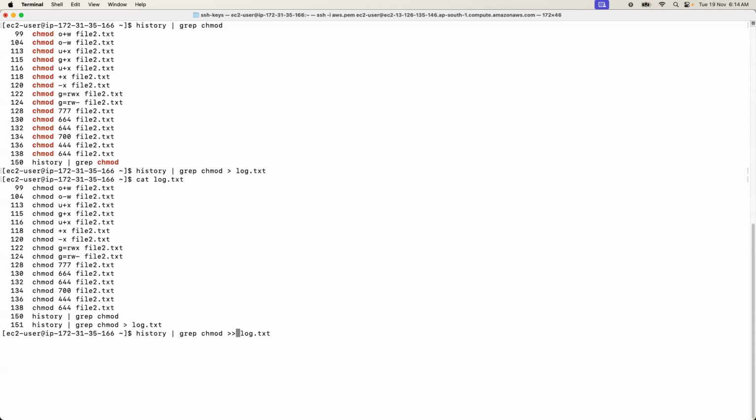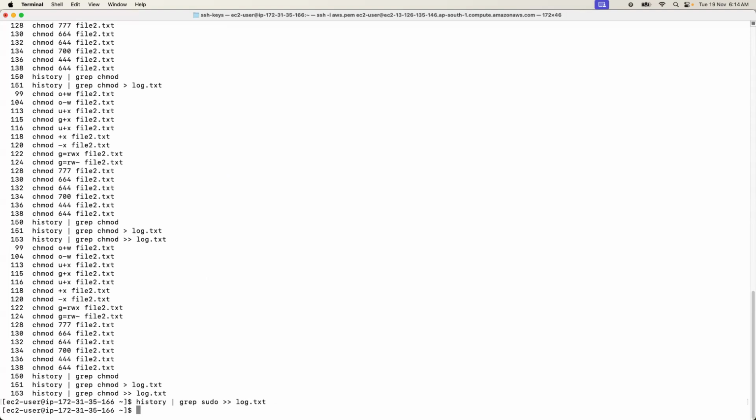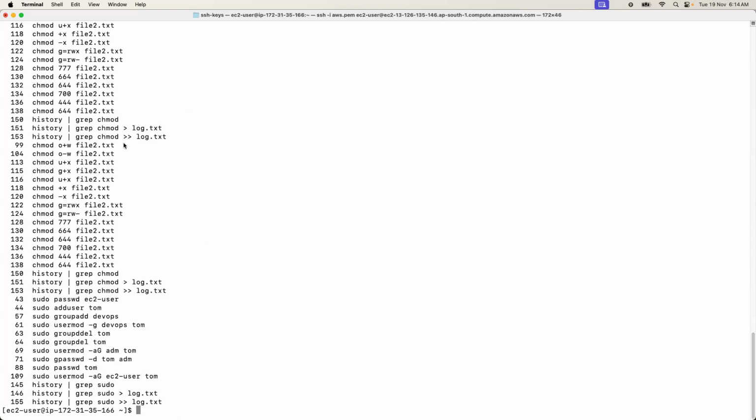In that case, you can use double arrows. Anyway, there is already content there that's overwritten. So let's say now I would like to grep the history for sudo. And this time I would like to use append, not overwrite. So double arrows. Now, if you see the content of this file,